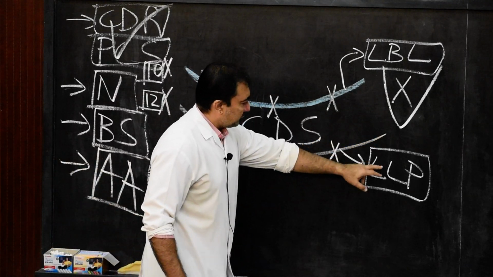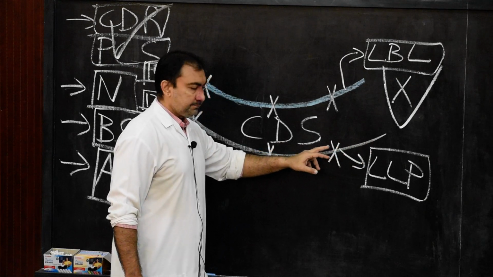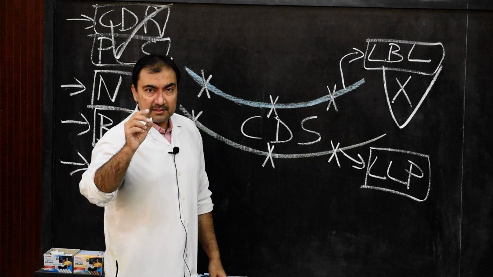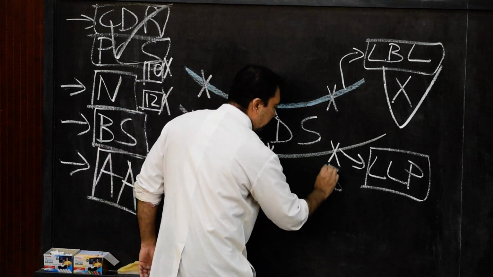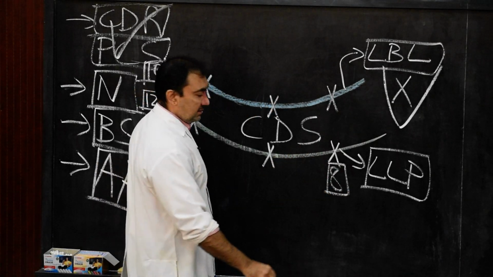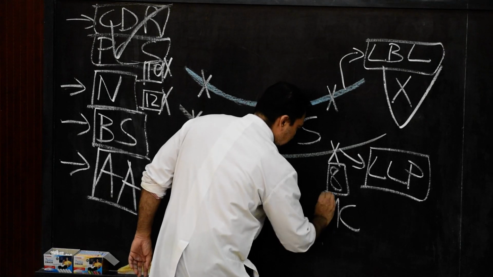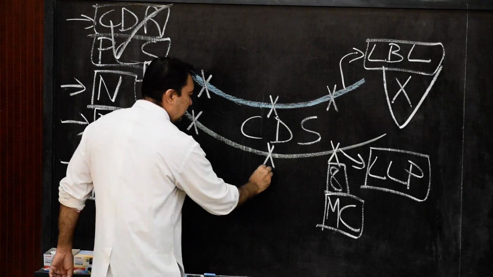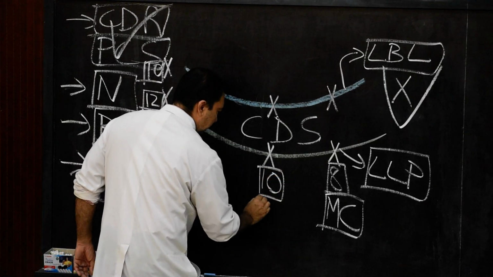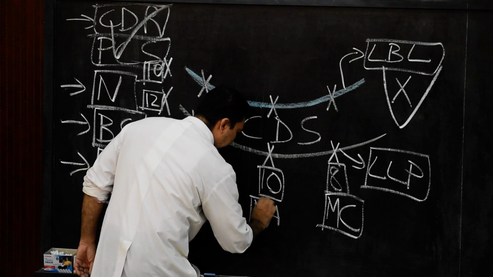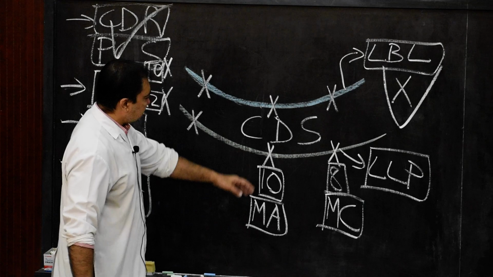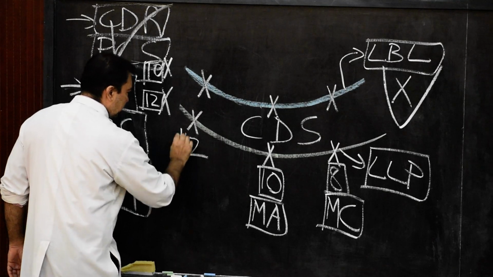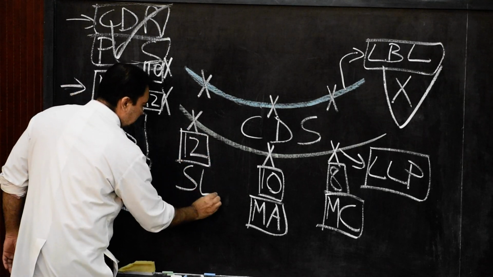The lower limit of pleura, as we have written over here, will cross the 8th costal cartilage or the 8th rib. So here simply you denote it by 8 in the mid-clavicular line or mid-clavicular region. Then the same lower limit of the pleura will cross the 10th rib across the mid-axillary line. And the same lower limit of the pleura will cross the 12th rib across the scapular line.